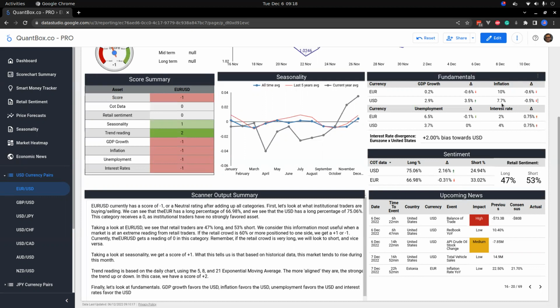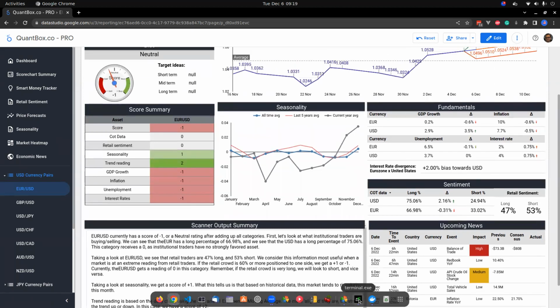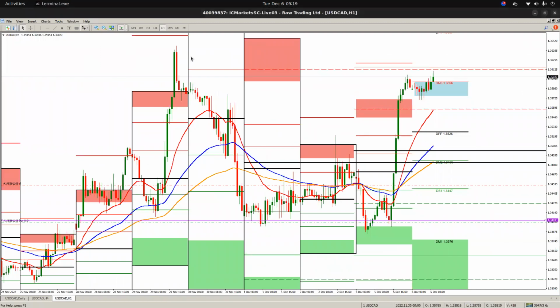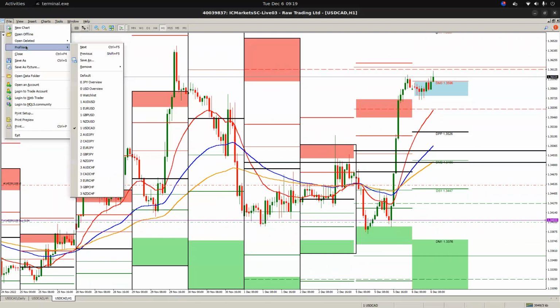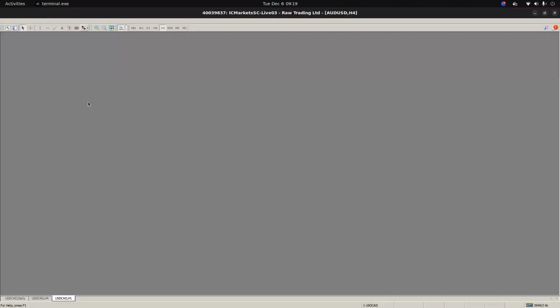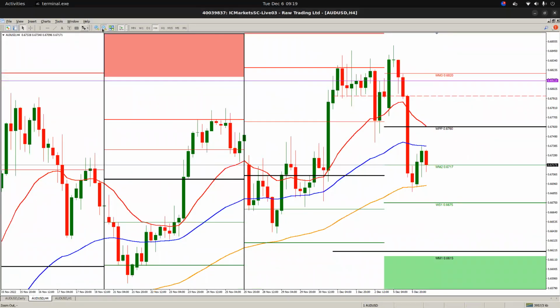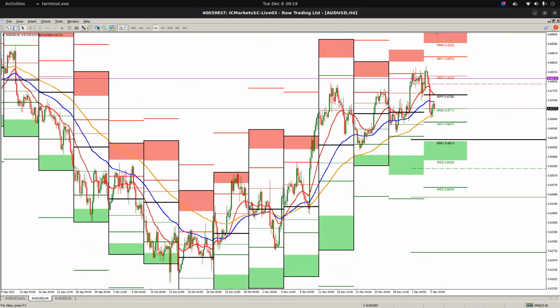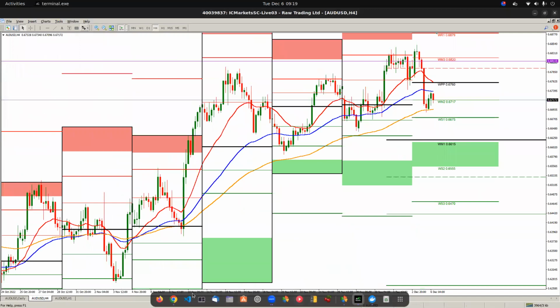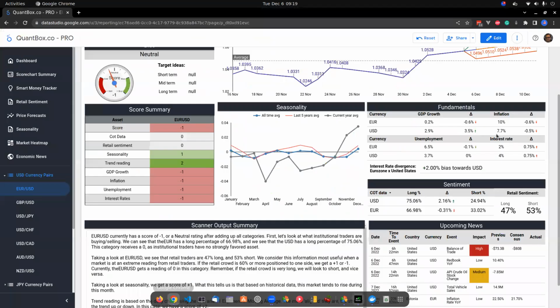Have I been a bull on dollar the entire time? Yes. Have I bought any of these dollar pairs? No. Why did I buy USD CAD? Because it favors my dollar bullishness bias. Okay, cool. So that's why you haven't seen me buying any of the dollar pairs, in the case of USD CAD, selling USD CAD, or buying any of the dollar pairs, because I'm a dollar bull, right? Cool. That's just my bias because of interest rates.